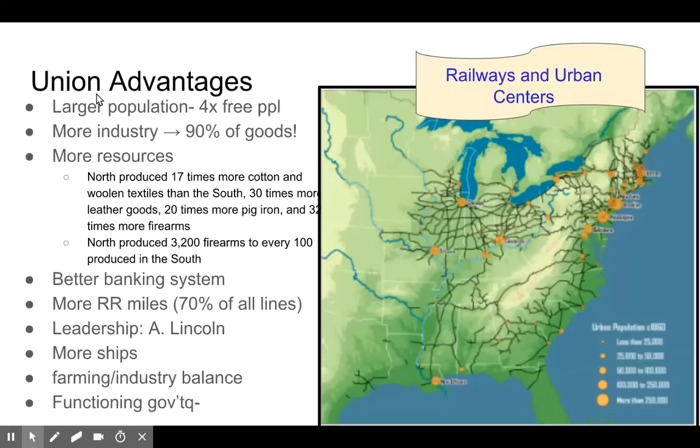They also had more resources, and I gave you guys some examples here. The North produced 17 times more cotton and woolen textiles than the South. So even though we think of the South and cotton, they were still making more in the North. There were still farms in the North, right? There's a reason why New Jersey's nickname was the Garden State. The North made 30 times more leather goods, which is important for harnessing horses, for uniforms, all things like that. The North made 20 times more pig iron, which is good for making,